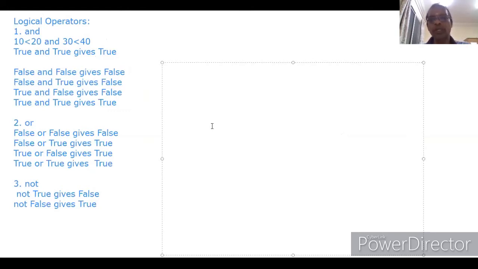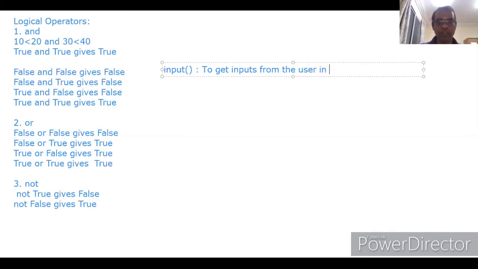If you want to get some input from the user in real time, we should go for the input statement. Get the input from the user in real time or runtime. Runtime means while running the program, that is called runtime.